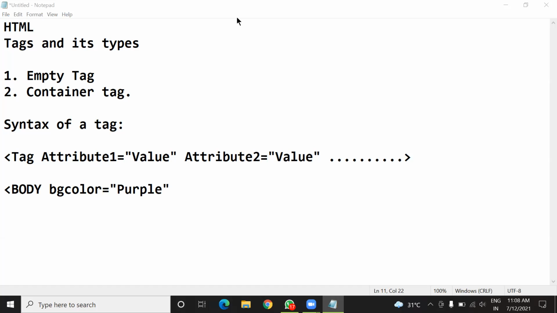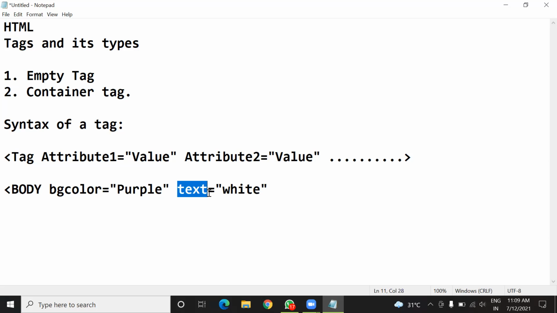Anyone want to say something? Okay. Then after this bgcolor, other attributes are also there for the body tag, like what color you want to assign for the text in the body section. For this, you can use another property of the body, that is text, and just after writing this attribute you have to put the equals to symbol, and again inside double inverted commas you can put the name of the color. So here it becomes white.